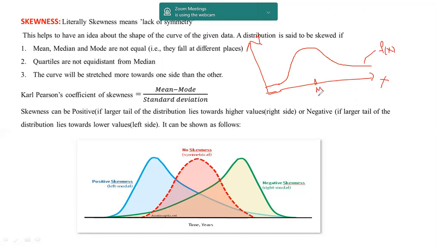The mean is mu, and the median is the point which divides the total area under the curve into two equal halves. This point we call the median. And the mode is the point where the function gives the maximum value for the continuous probability distribution. This is the point where f of x attains its maximum value. So here there are three quantities: mean, median, and mode.